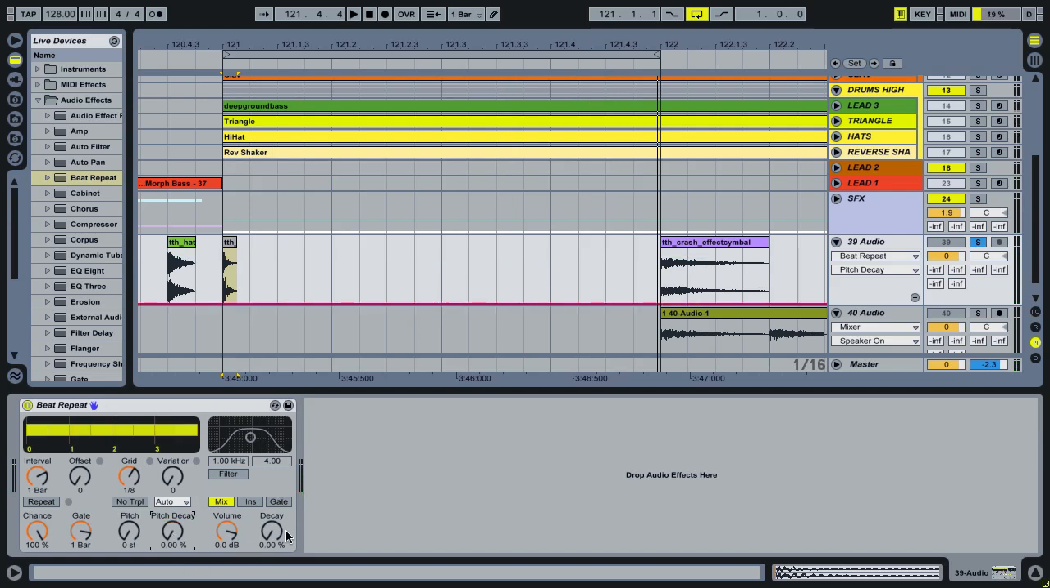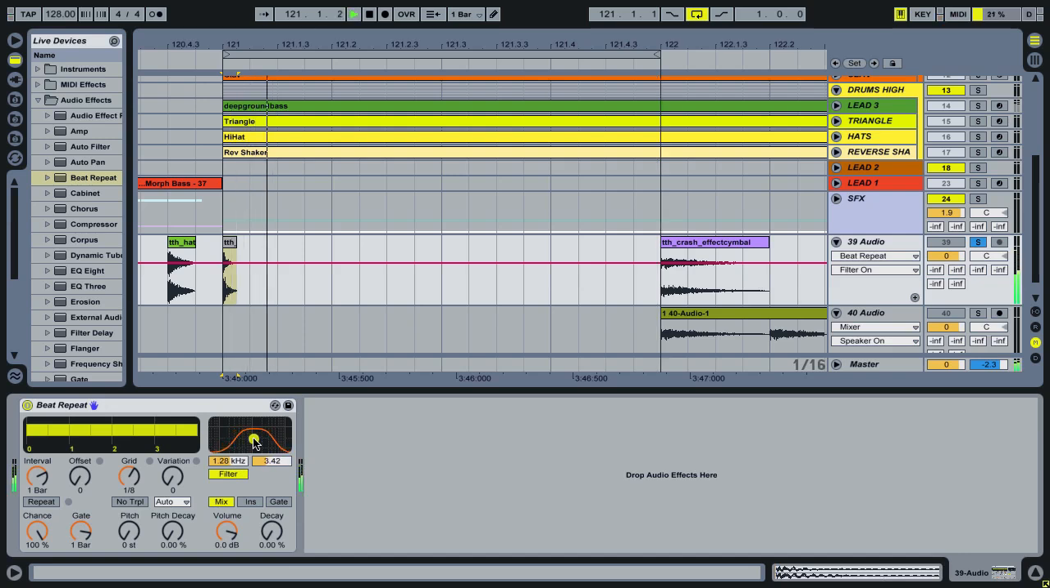And it's exactly the same setup with the volume here, so we won't go over that, but it does identical stuff, but just to the volume, obviously. The filter, really obvious. It's only applied to the repeats, though. So you can hear that original slice